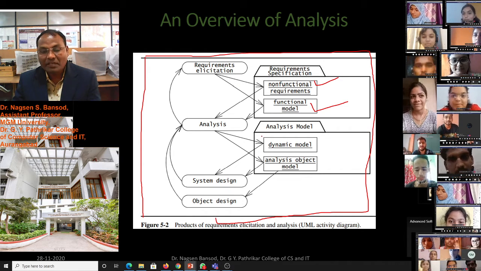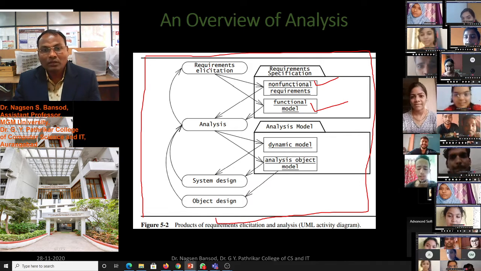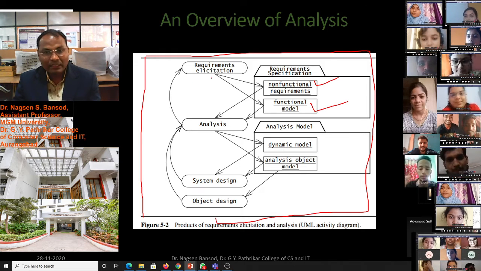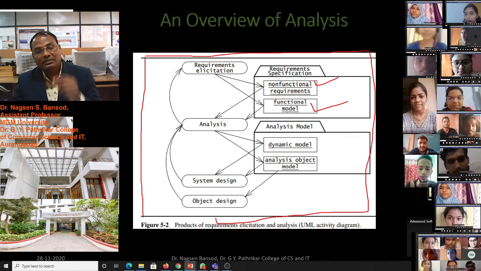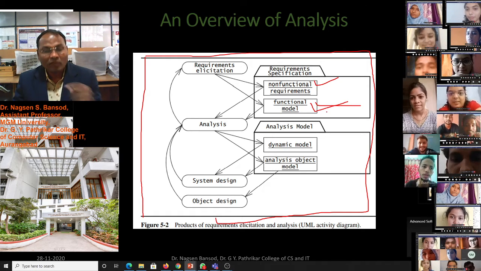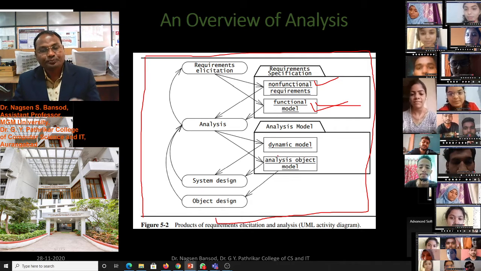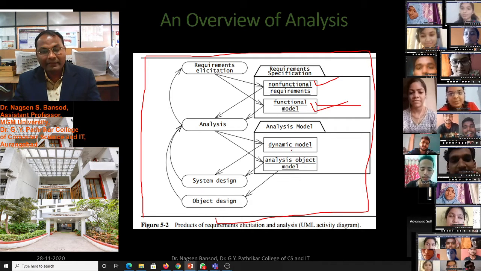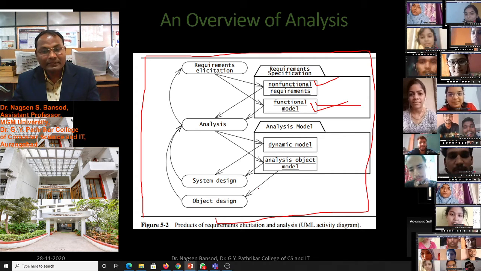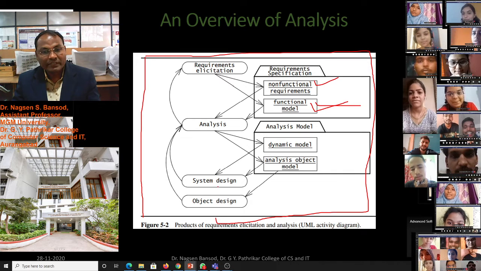If there is any problem in the analysis, we have to go again to requirement elicitation with the help of the user and client, and again check whether that information is acquired for functional model purpose or non-functional purpose. Then again we have to make the analysis model, whether dynamic model or analysis object model. If it is the dynamic model, then we have to design the system.